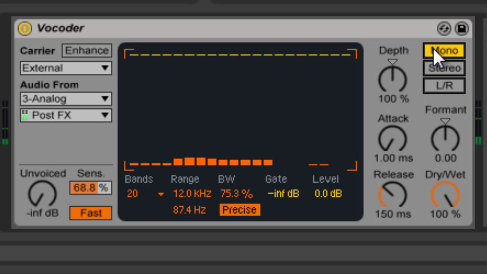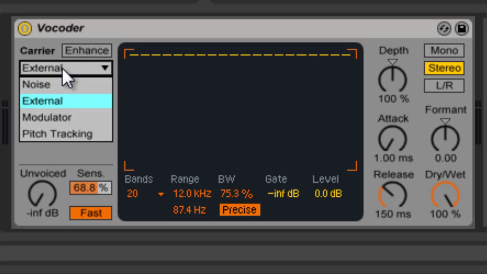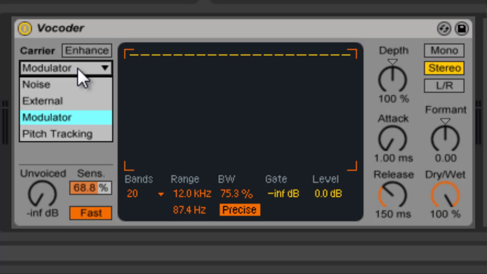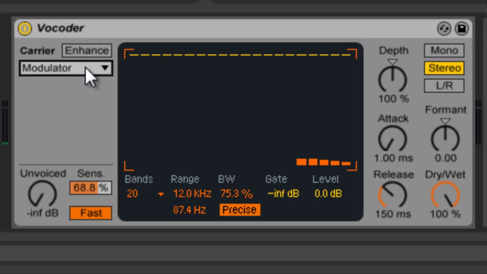And then you can switch between a mono, stereo, or left to right. And both the sounds we're using right now are mono, so you're not going to see the difference in that. And then you can also change your different modes. So you can have the modulator, which ends up being the carrier at the same time, so it's kind of a